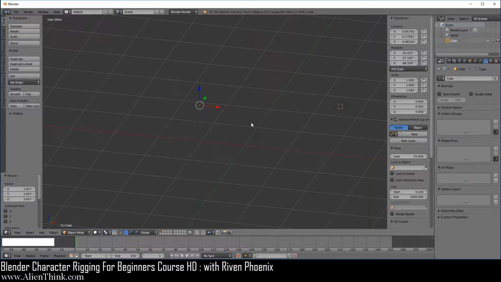So when you add the vertices, when you are building your object, it's always going to be at this value. Only when you scale it will the vertices start to move away from the origin point.